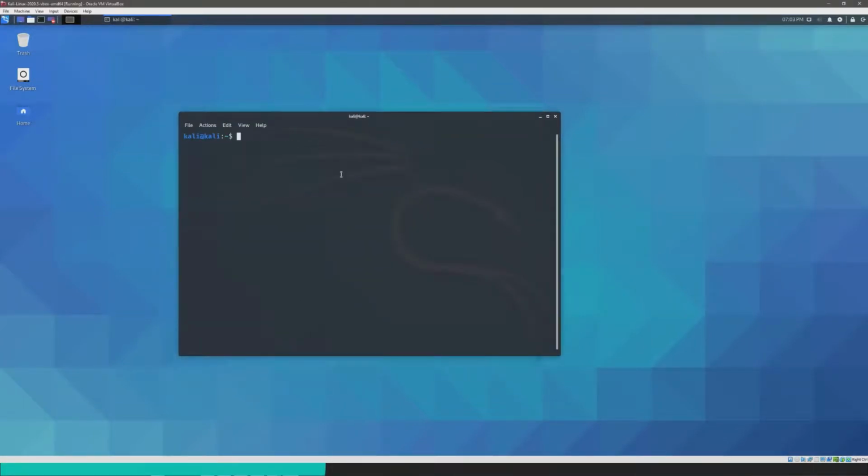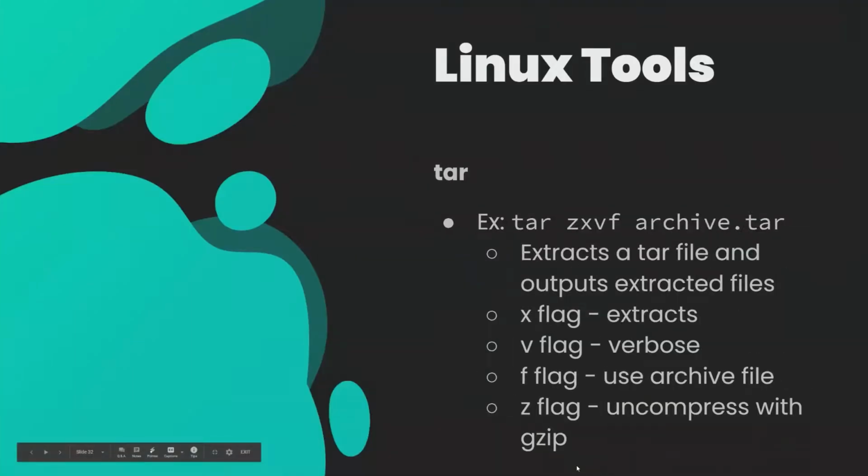So let me clear out my terminal. In addition to that, tar can also extract files as well, or decompress them if you specify that you want to decompress them. So the way that you do that is with tar zxf. The V just specifies that you want more verbose output, so it's just more wordy. The V is not necessary, but I like including it so I can see what files have been untarred, essentially, or removed from the tar archive.